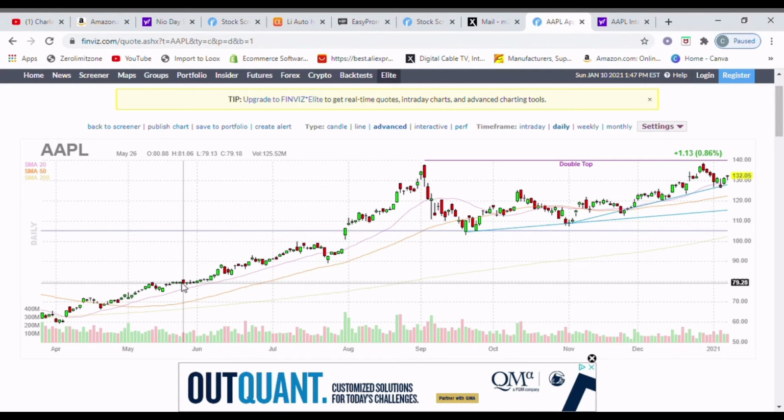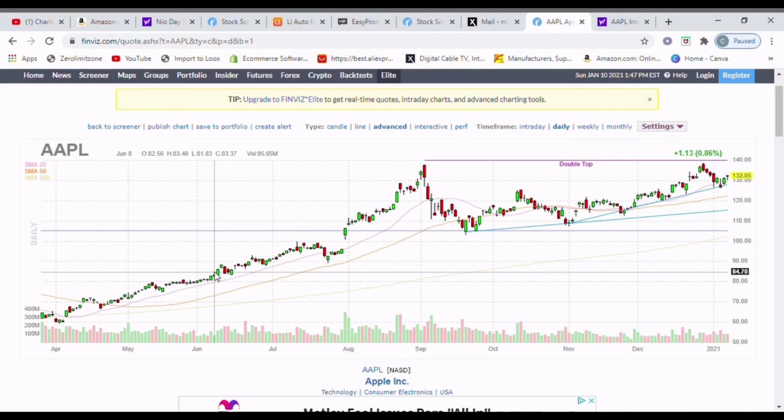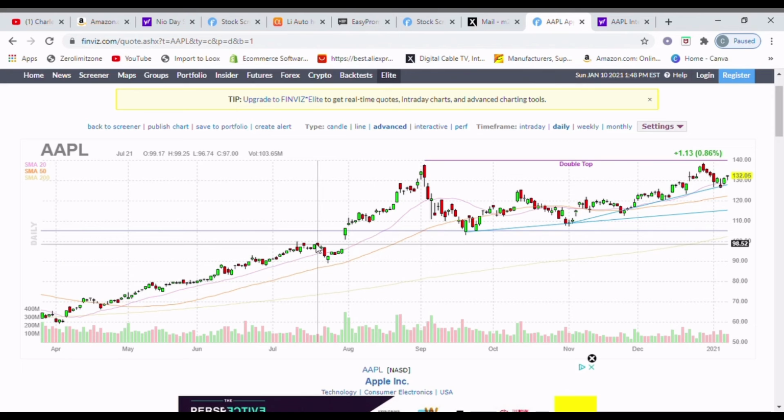So this path that it follows is basically what people would say is trading sideways, or consolidating, until it starts to move back up again, and then it reaches another high until it starts to go back down again. And what I mentioned earlier is the danger of buying stocks at a high: you don't know what it's going to do next. Whether, say in this case, it's going to trade down, or continue to go back up, or in this case right here, if you were to buy at this high,